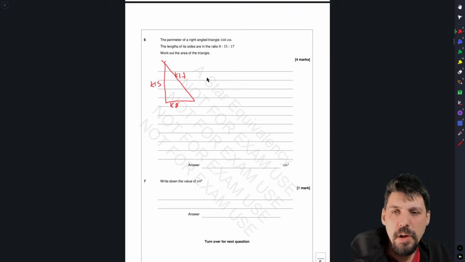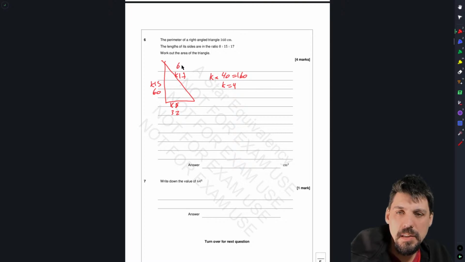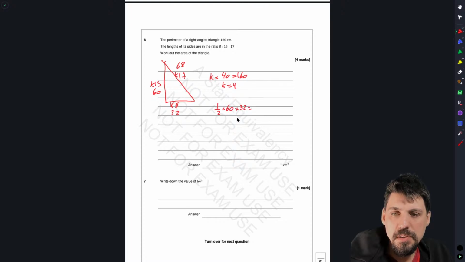I mean, we can do this in a whole bunch of ways, but I'm going to do k times 15 plus 17 is 32, plus 8 is 40, is 160, so k is 4. So that length there is 32, that length there is 60, and that is 68. And that should work, 160. Yep, wicked. So the area is half times 60 times 32, which is 30 times 32, which is 960 centimeters